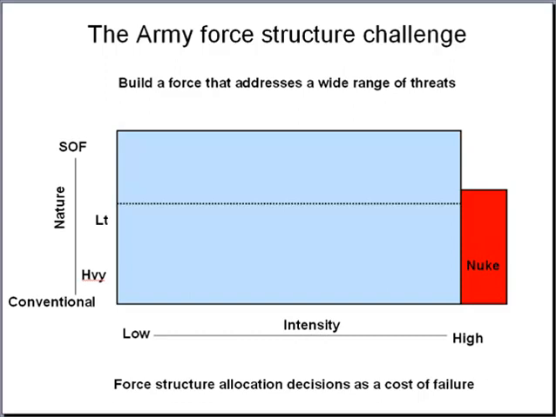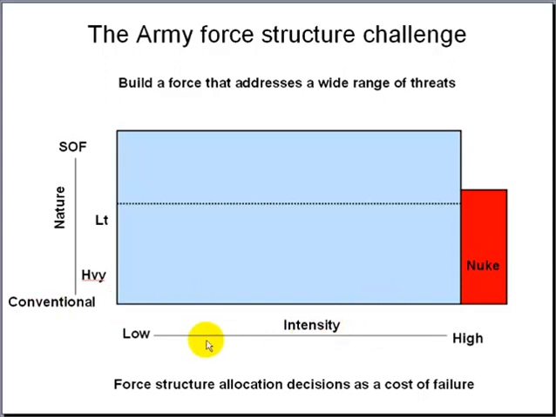You can't really afford to organize against the most likely threat, because the least likely threat is that of nuclear war, but the consequences of failure of that are so great that we have to treat that as our first strategic priority. And so the chief ends up making force structure allocation decisions, his design of the force, as a function of the cost of failure to handle a threat along these dimensions. So on the bottom